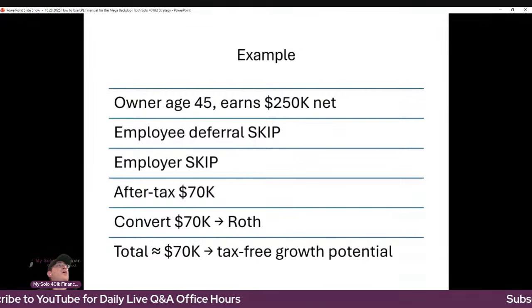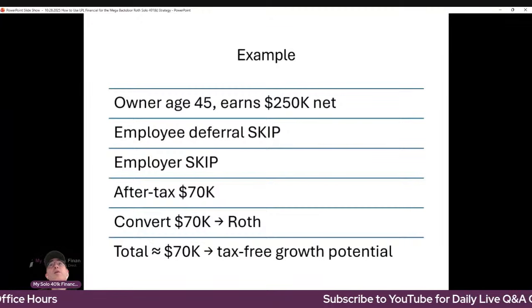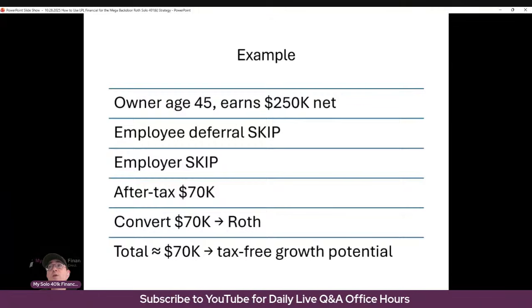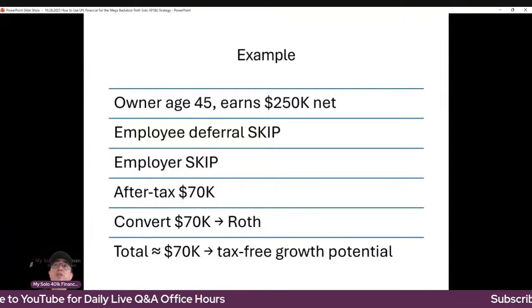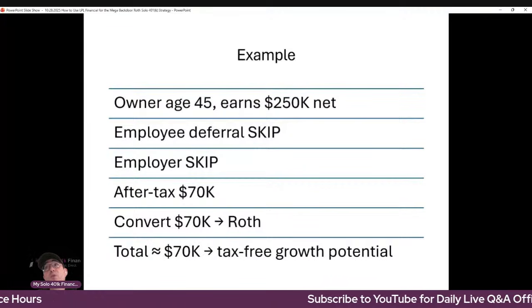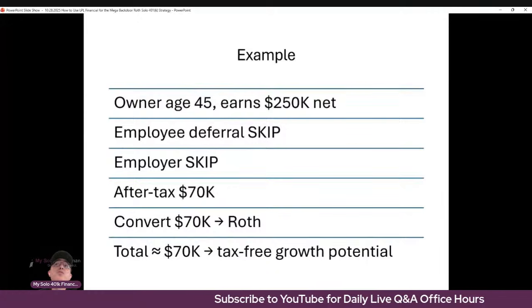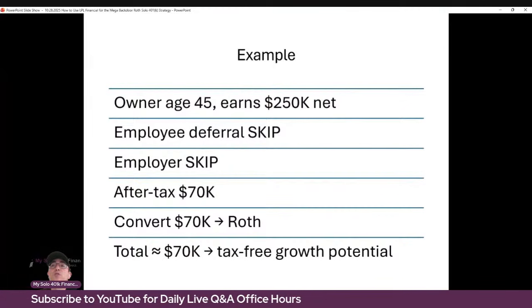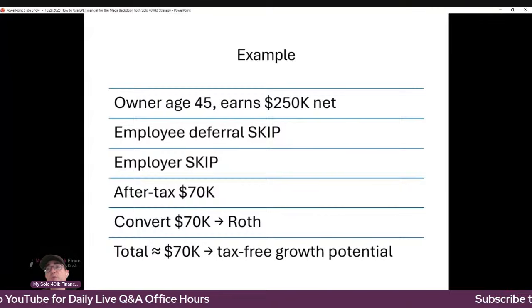So here's a quick example. We've got an individual who's self-employed, with no non-owner, non-spouse, full-time W-2 employees, who's age 45 and has $250,000 of earned self-employment income. They may choose to skip the employee and skip the employer contributions. They just make the full $70,000 to the voluntary after-tax account, which again can be at LPL Financial, and then